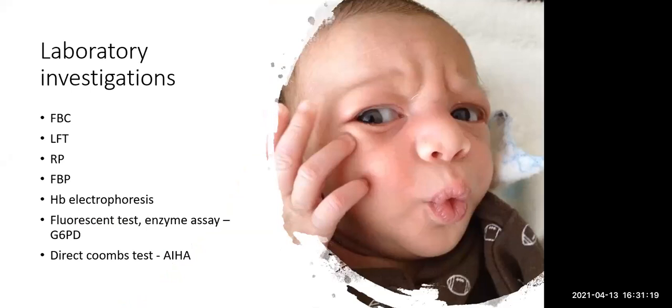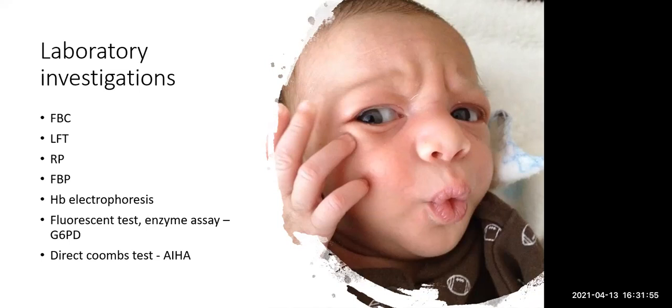So how do we investigate? First, of course, we need to do the full blood count to look for the hemoglobin level, since the patient is pale just now. If there is anemia, we need to find the cause of the anemia, and we can also look for anemia of chronic disease. And look at the reticulocyte count, because if there is any increase in reticulocytes, it may suggest a hematological condition, so we might need to proceed with another confirmatory test. Then for the full blood count, we also need to look at the white cell count for any evidence of infection.